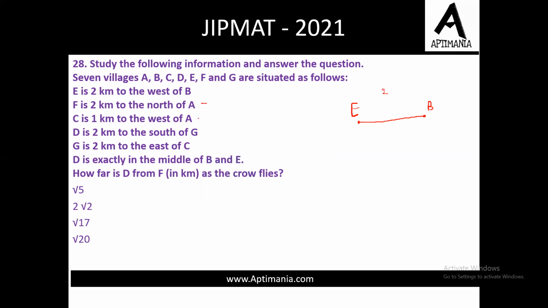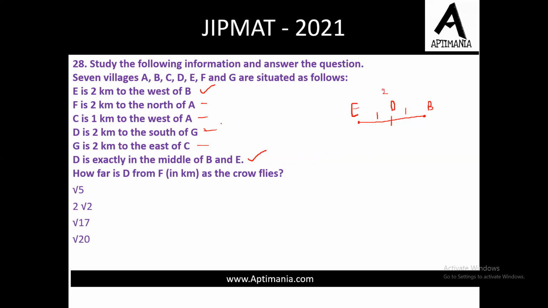C is 1 km west of A. Again इसको भी रिलेट नहीं कर सकते हैं। D is 2 km south of G. G is 2 km east of C. D is exactly in the middle of B and D. तो ये वाला यूज करते हैं, this we have already used, और ये वाला यूज करते हैं, D is exactly in the middle of B and D. तो D यहाँ पर है, तो this is 1, this is 1, और यहाँ पर ये D है, right? तो ये भी हमने यूज कर लिया है।